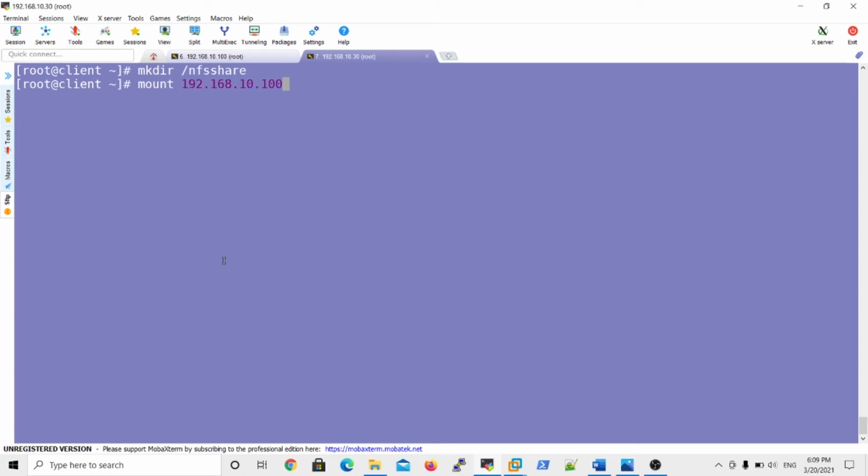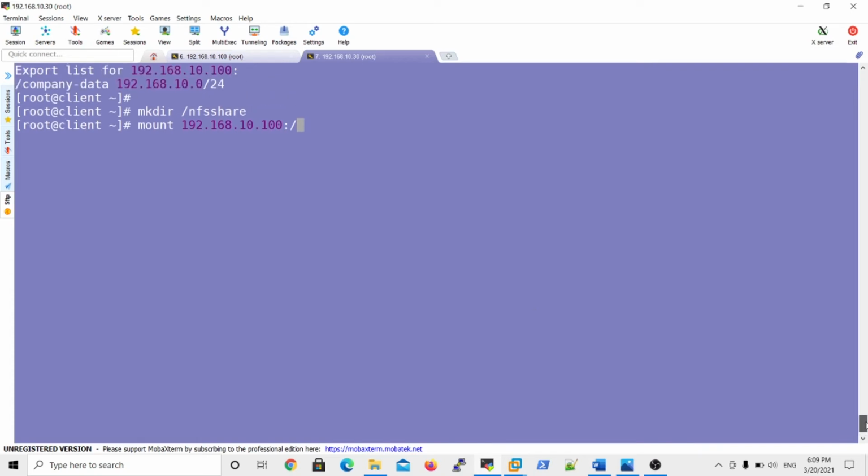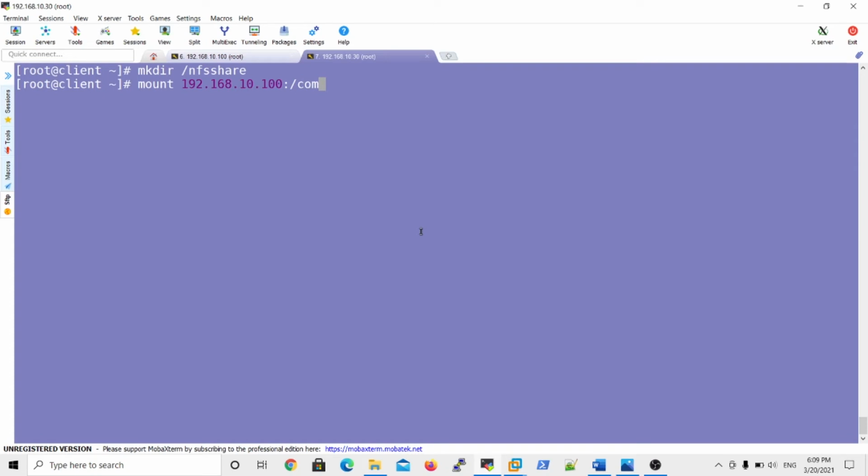192.168.10.100 is the server address. Then which resource do you want to access? My shared resource name is company data. So I want to access company data, which is my shared resource name. Then this company data is mounted to my nfsshare directory.